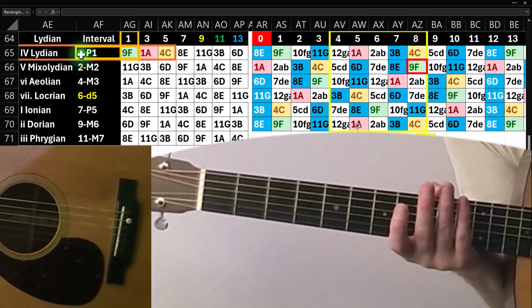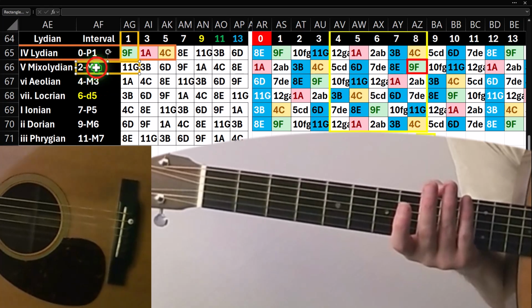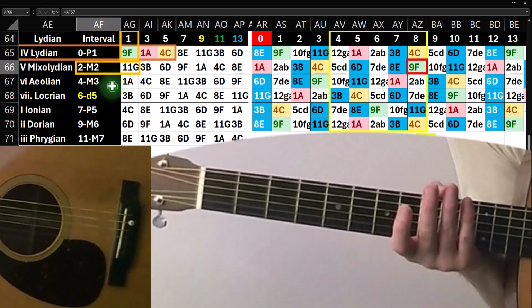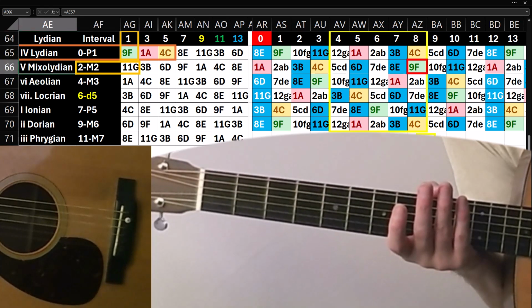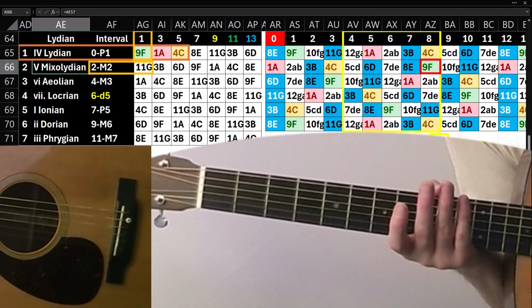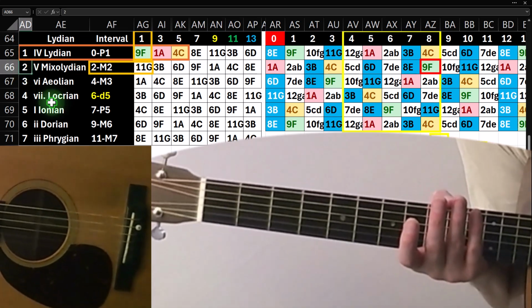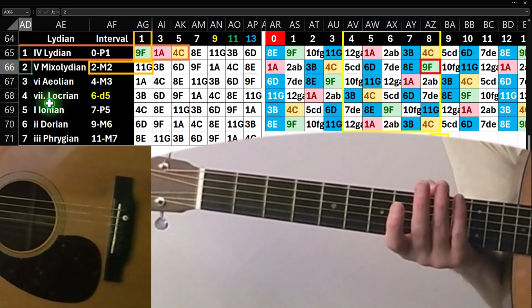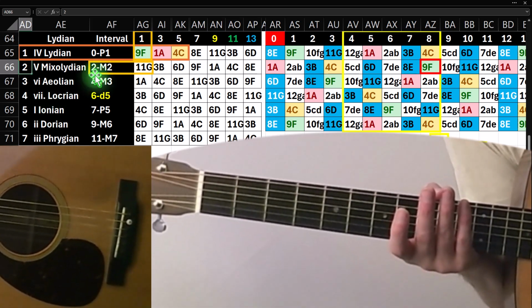All right then, makes perfect sense. Let's go to the next one down. We're going to go down to the G. This is a 2-note away major second. This number 2 represents the second position in our scale of the Lydian scale, scale number 4, mode number 4, Lydian scale, and this number 2